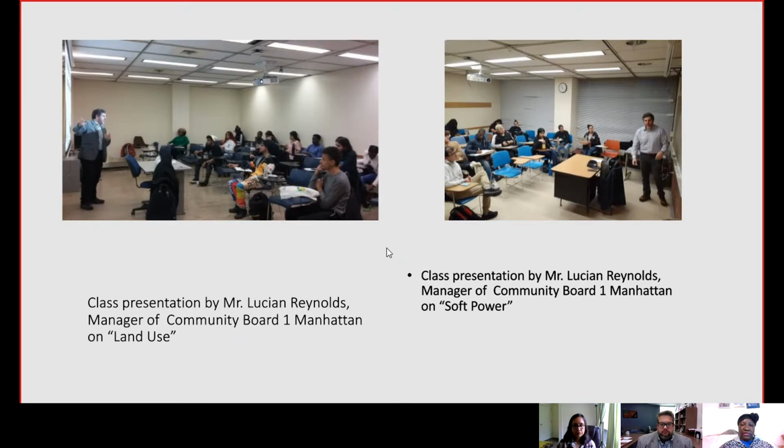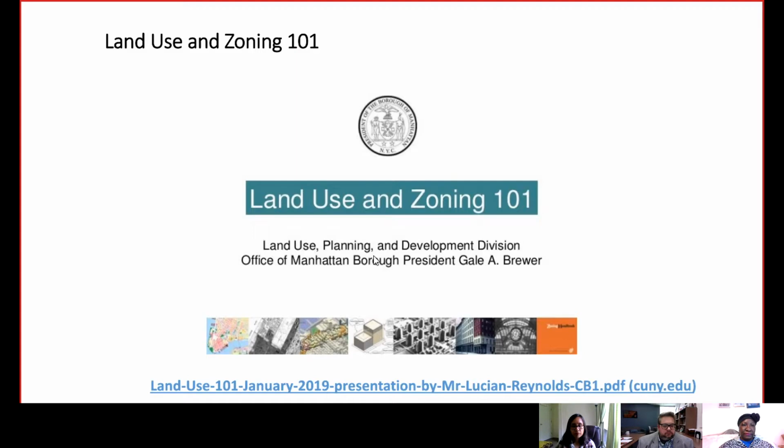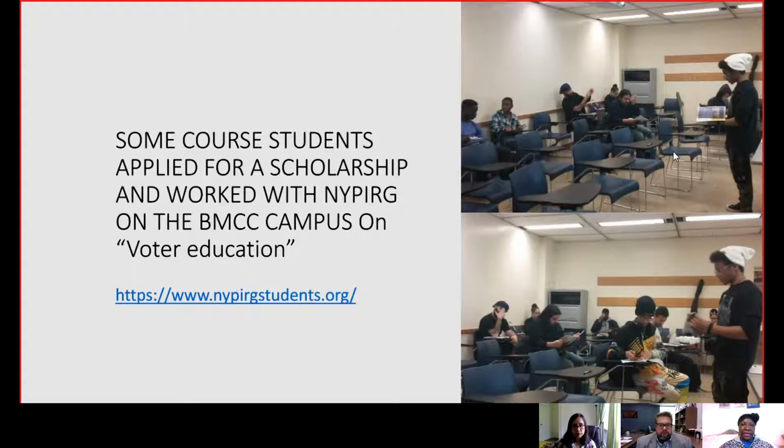And this is a class lecture with Mr. Reynolds. On 2 or 3 occasions, he came to our class to make presentations. And also, once a month, we visited the community board where we had classes. And the community board chair was present at one of the presentations. If you know New York City, especially the issues on rezoning and land use, Community Board 1 is highly noted for working on such issues, and this was one of the main focuses of Mr. Reynolds' presentation or theme for our class.